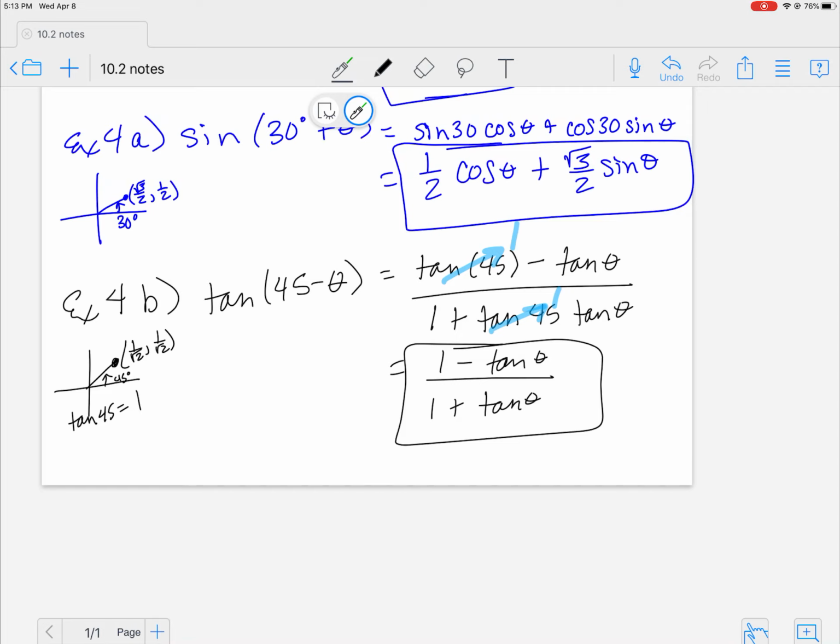Now here's my question to you. Can I cancel out these tangents? Absolutely not, because this is touching a plus or minus sign. Both of them are. The only time you can ever cancel anything out with a rational expression is if it's multiplied. All right? That's it, guys. This is the whole section of